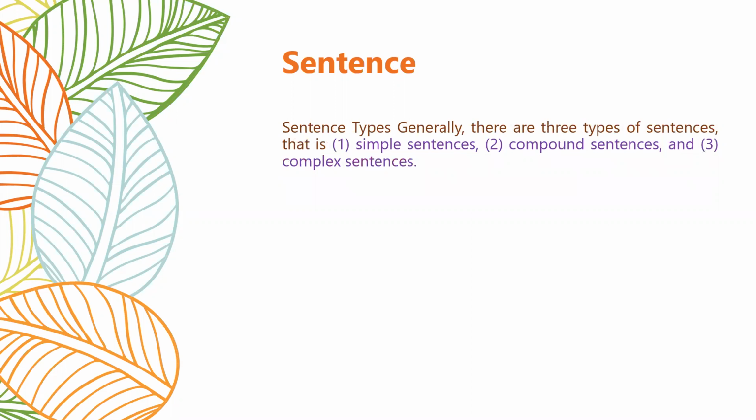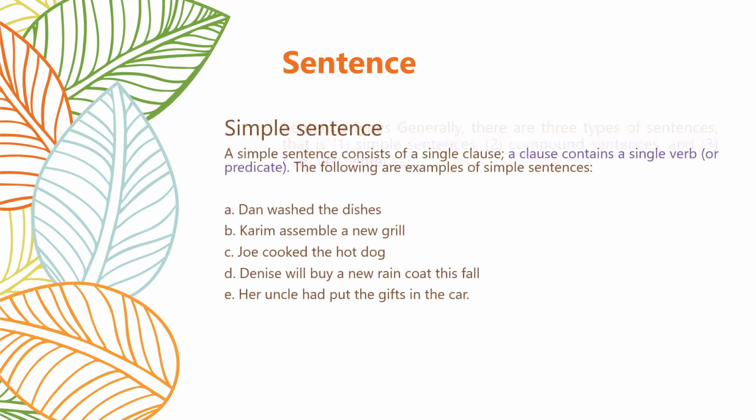Okay, but sentence types, we can demarcate, we can classify the sentence types. Even if we can't give a proper, satisfying definition of a sentence, or we shouldn't go for it, because different people have different opinions about the definition of sentences, we can classify. From a very broad perspective, and I believe that all of you know these three types: simple sentences, compound sentences, and complex sentences. These are the three types of sentences.